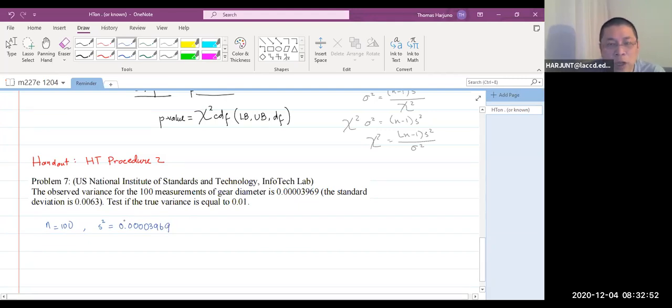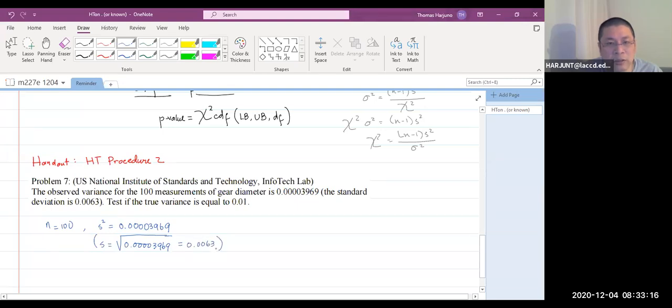I give the comment there that the standard deviation is 0.0063. That's because if the sample variance is that, then the sample standard deviation is the square root of that number, which is